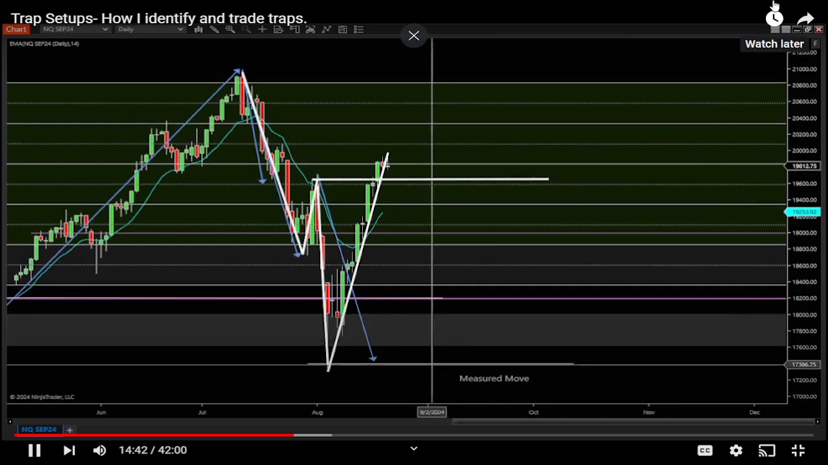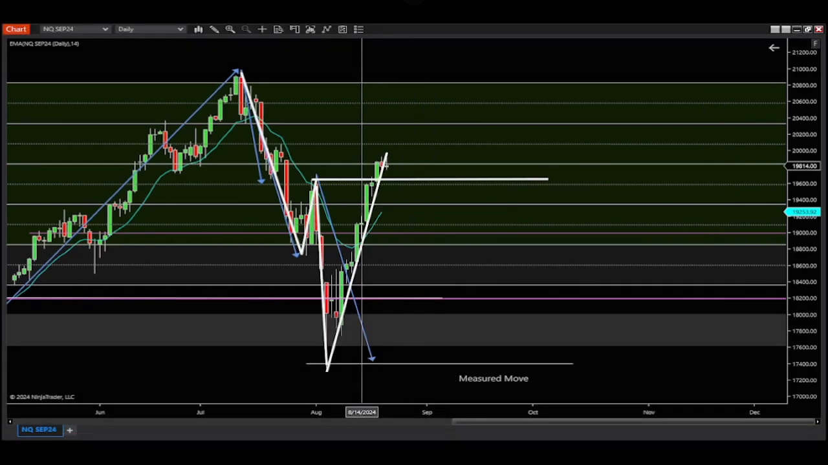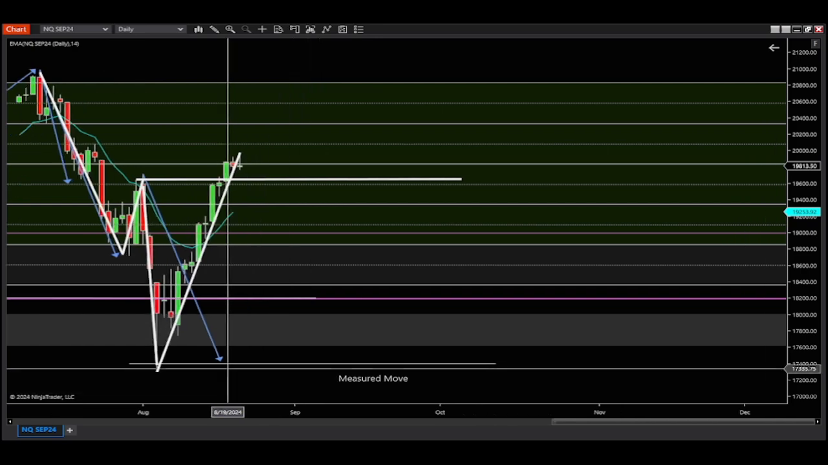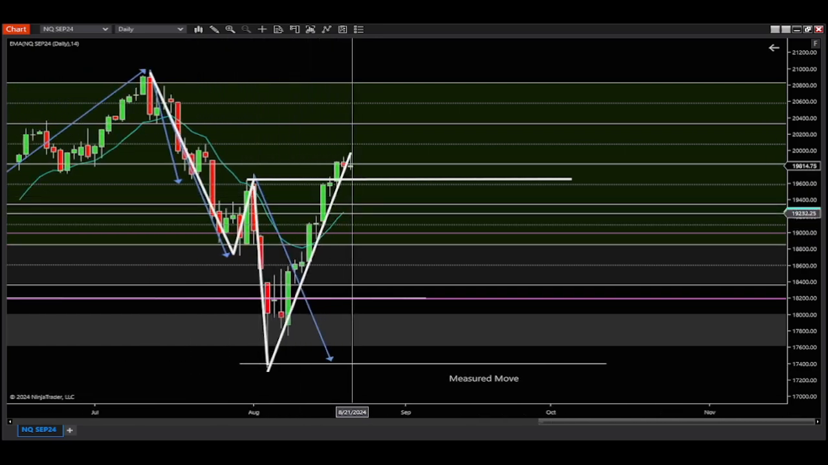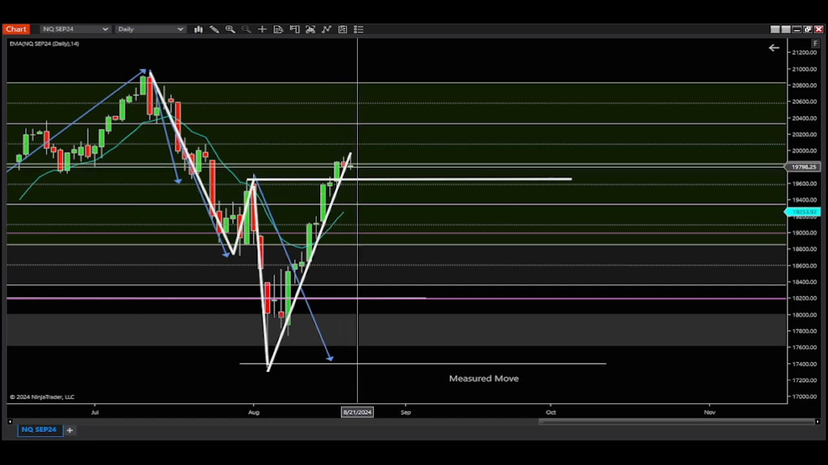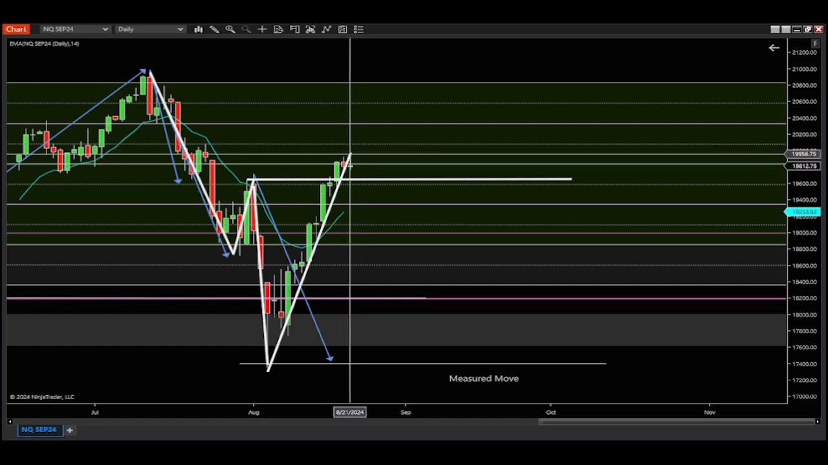And that's what I really want to drive home. We separated from the EMA today. Drive this one home. We're separating from the EMA. The EMA is right here. That's a 21 EMA. We're starting to separate from it. So from here, in order for this trap to get